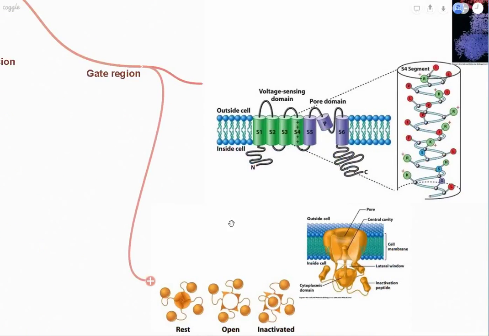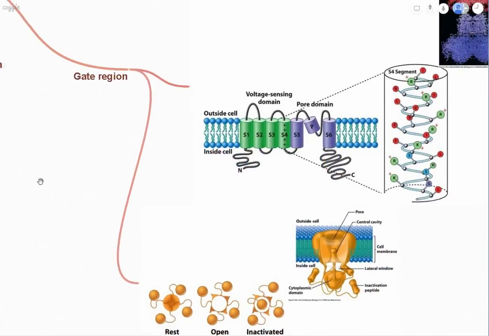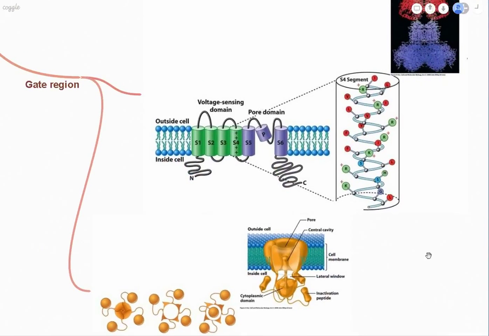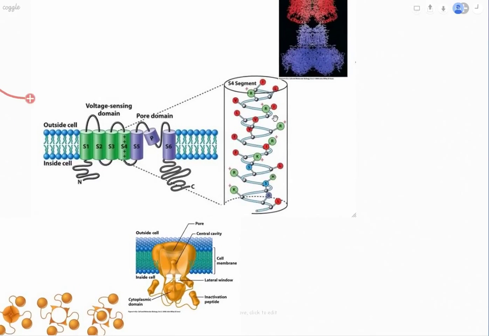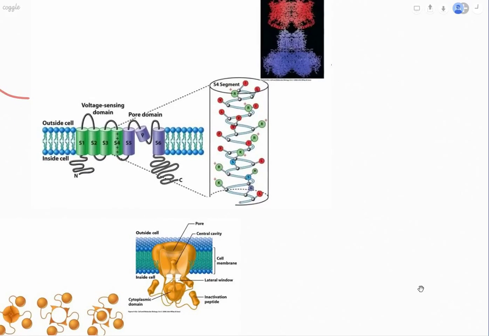The gate region is kind of complicated too for most people, but all you need to know is that there are 6 S residues, and there's a pore domain. So 1, 2, 3, they're normal, right? And resting membrane potential inside a cell is negative 70 millivolts. And as an action potential goes through, it's positive, positive, positive, positive, and it hits S4. S4 has a lot of arginine residues. Arginine is positive, as you know, and